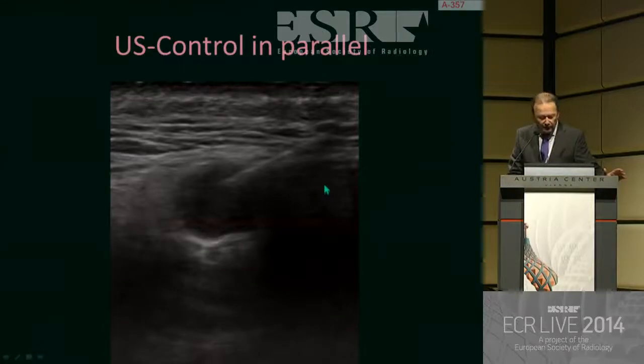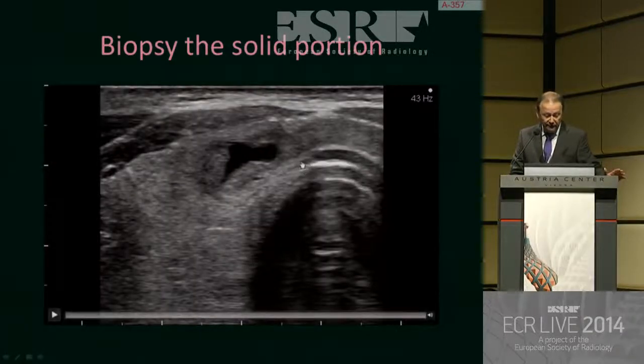This is an example image of how you see the needle with parallel US control. This is another case, an example of a mixed nodule with a cystic portion. In this kind of nodule, I don't aspirate at the beginning, as some authors say. I just go to the solid portion of the nodule. You will see